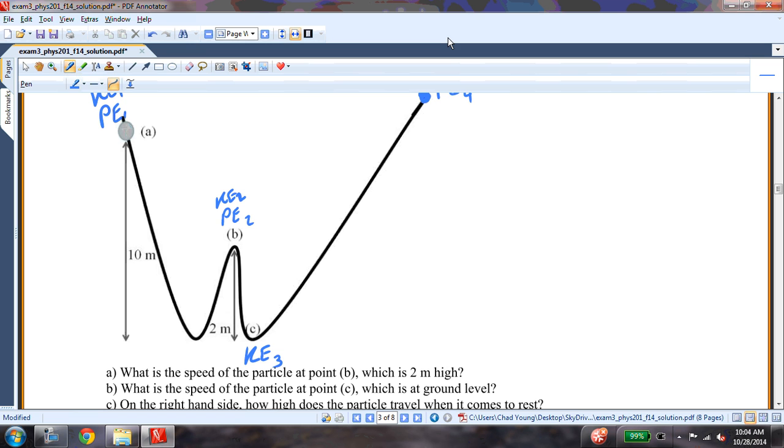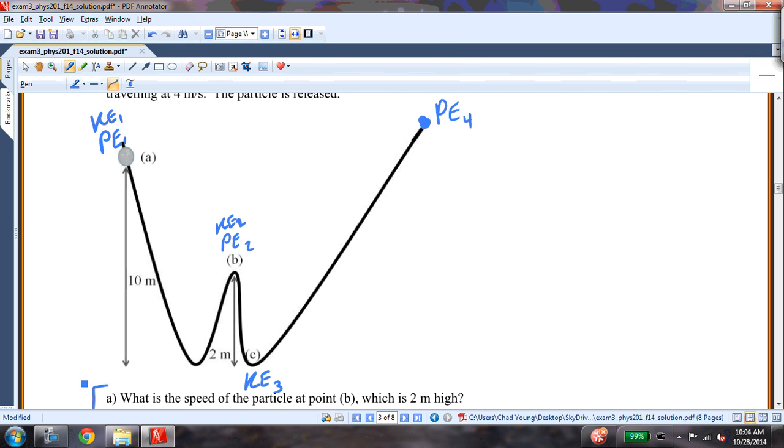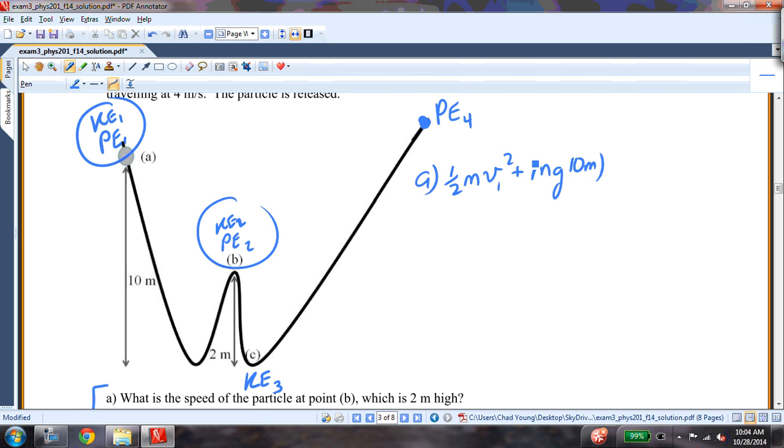Okay, so in this first part I want to know what is the speed at point B, which is 2 meters high. So I'm going to take the energy that's here and set it equal to the energy that's here. And then I'll solve for the velocity at point B. So part A, I say 1/2 mv1 squared plus mg times h, I'm going to put in this h, 10 meters, equals